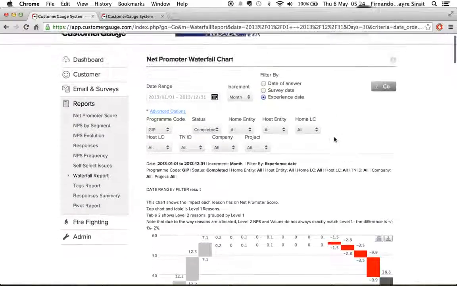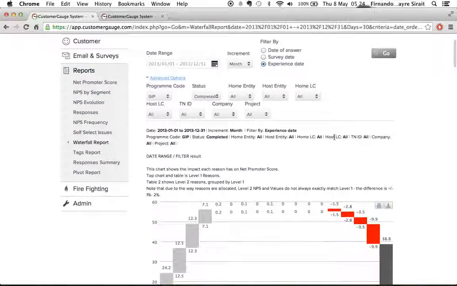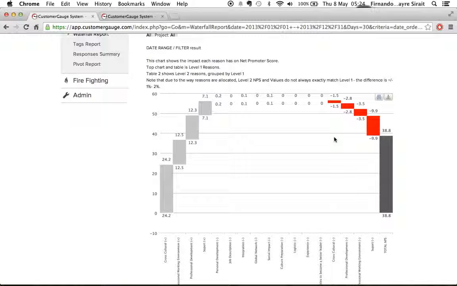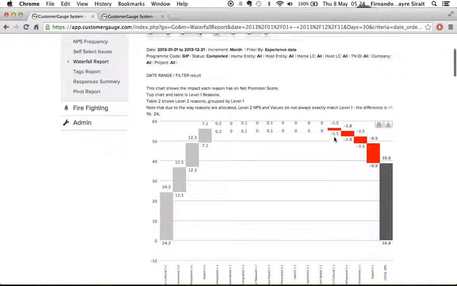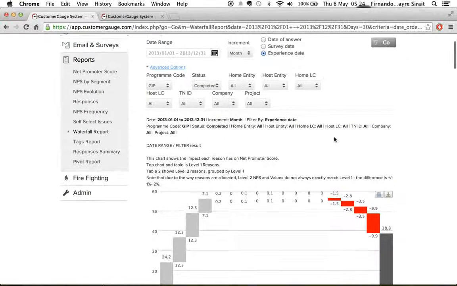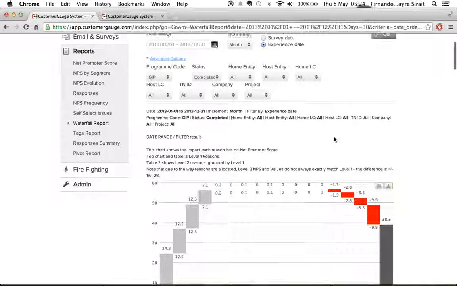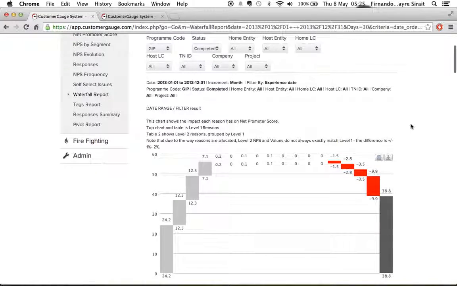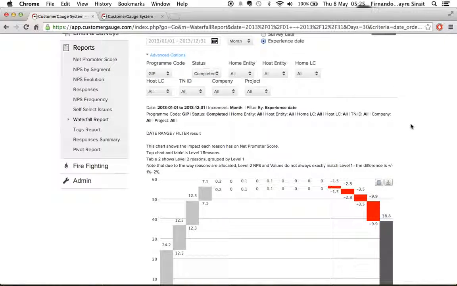So this is the waterfall report analysis. Hopefully this can give you much more concrete information about the impact of a score, more scientific, so that we are able to understand what the direction of our process and product development or improvement is, and what the impact is towards the NPS result that we want to achieve in the future based on the goal settings that we have. So hopefully this is simple and clear,